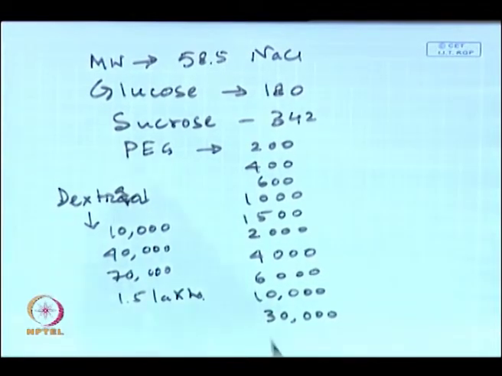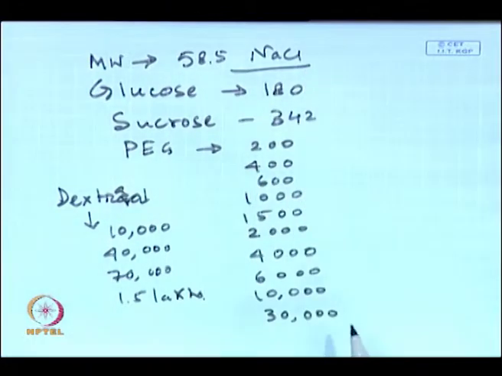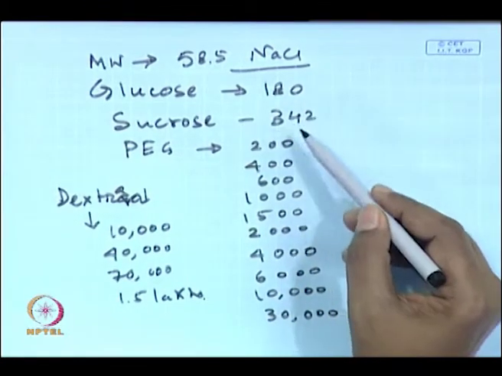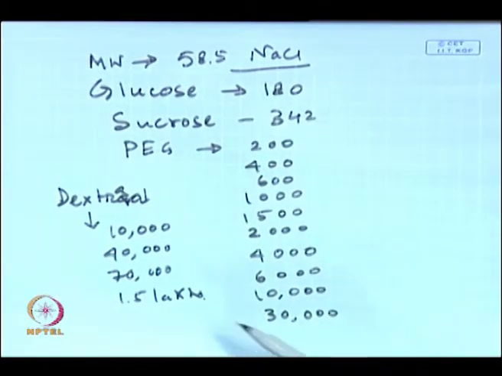That is quite important. Sodium chloride is not a neutral solute, it is the simplest possible electrolyte you can think of. But other molecules like glucose, sucrose, various molecular weights of polyethylene glycol, and dextran are all neutral solutes, they are not charged. Why use neutral solutes and not charged solutes for the molecular weight cutoff characteristic curves? Simply because some of the polymeric membranes have membrane matrices that become charged, so the pores become charged.